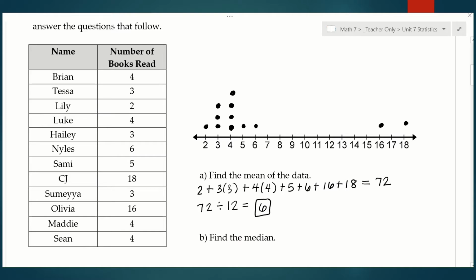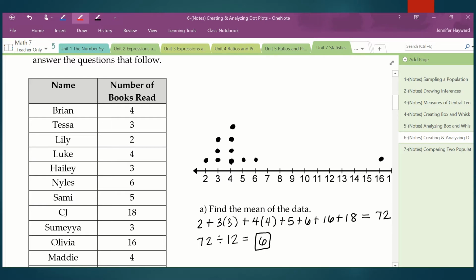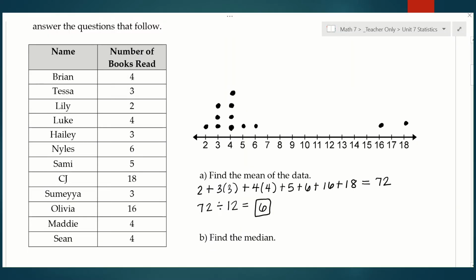Okay. Part B says to find the median. So again, thinking back to when we talked about what a median was, it was the middle data value when everything was in order from least to greatest. So we wouldn't want to use the table that we were given to figure out the median because those numbers aren't in order. So we do actually want to use our dot plot to figure this out. And so what we're going to do is cross off the dots from the ends and find the middle dot. Okay, so I'm going to cross off the 2 with the 18,